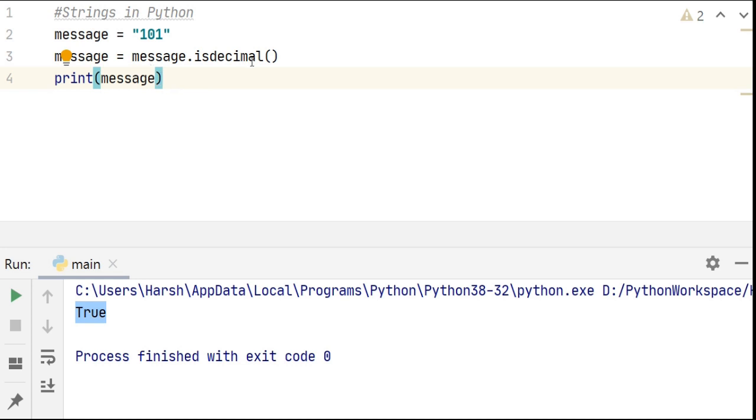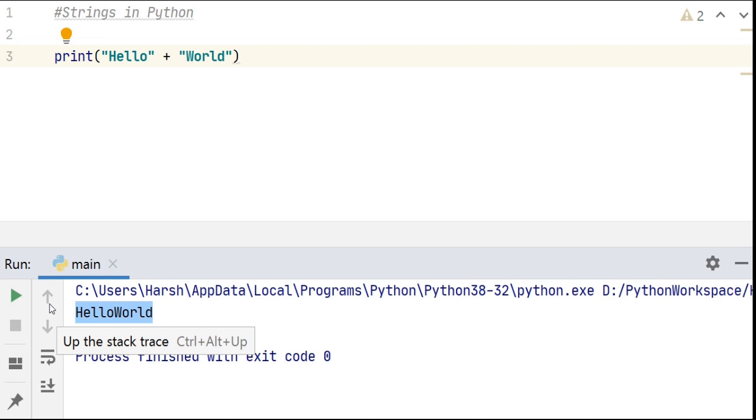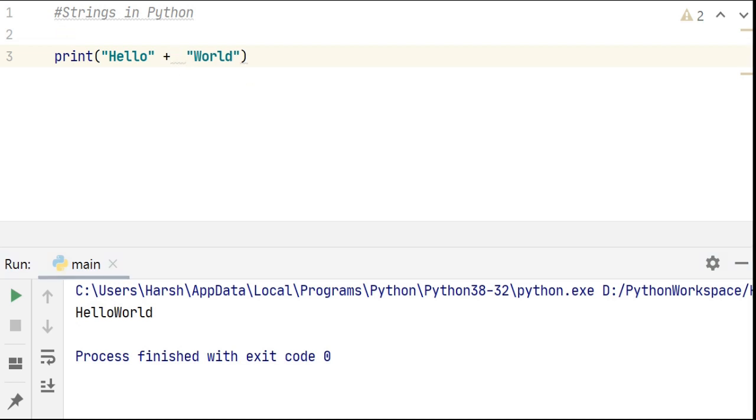So let's type it. Let's clear these two statements and type hello and plus sign with another string world. And when we run it, these two are printed together. But this is not how we want, right? We want a space in between. So to add a space, we can just add it by using the plus sign. After hello, we put a plus sign, then the character that we need to add, which is space, and then again a plus sign and world. So let's run it and we get the desired output.